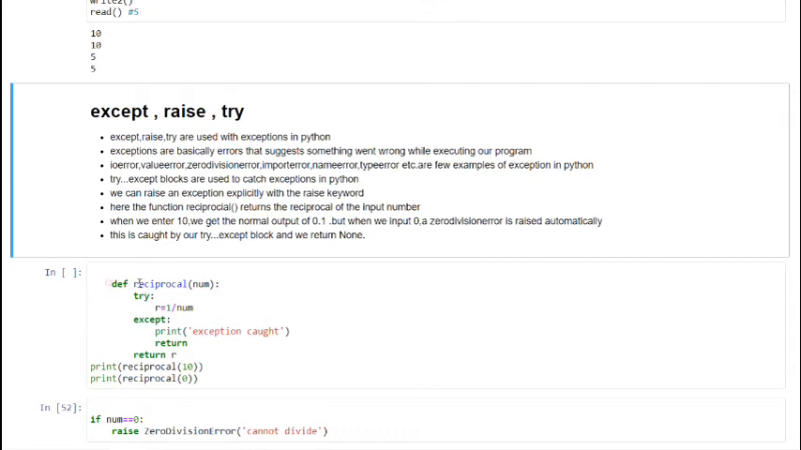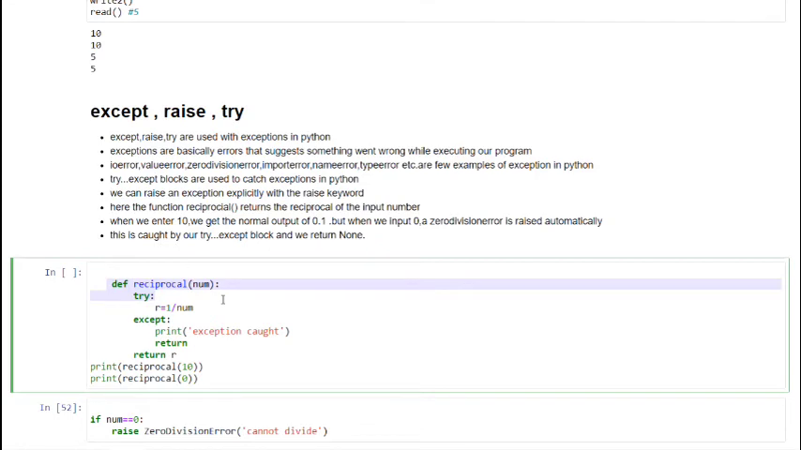See, here I had defined a function named reciprocal. I had passed an argument which is nothing but num. I had given the try keyword. In the try block I had given r equal to 1 by num, which is going to compute the reciprocal of that number, but I had not given any print statement here. Now I am giving except or exception here. Print exception catch, return. So if I get any exception in that, it's going to be caught by the except